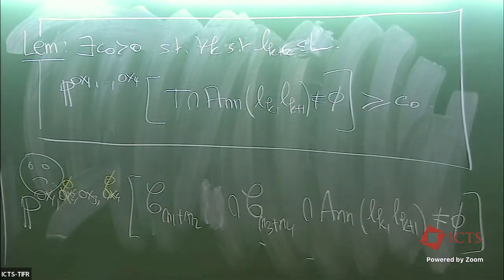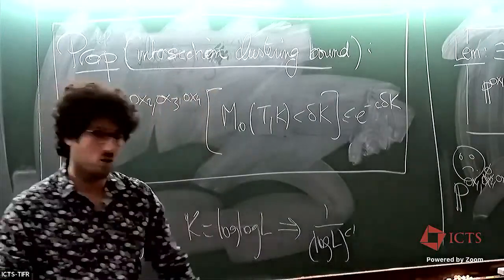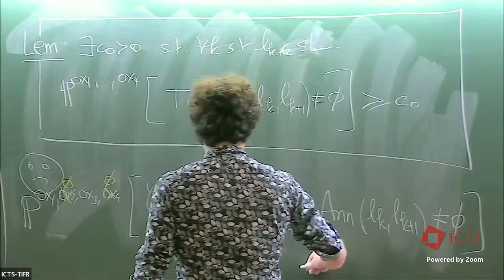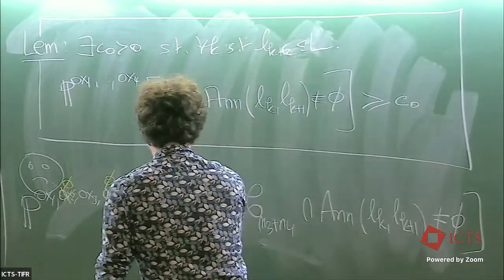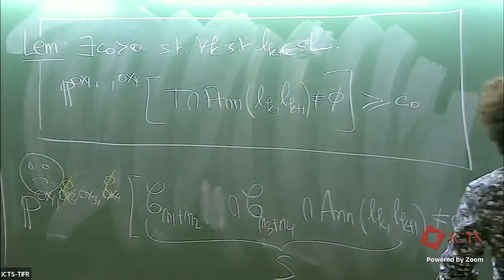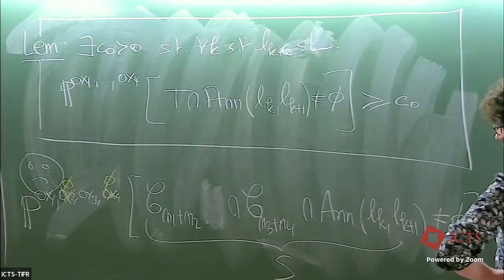So they intersect with smaller probability. So if I bound this from below, I'm even better. Why do I do that? Because now I can define, so remember this is, let's call this guy S. I can look at the expectation,